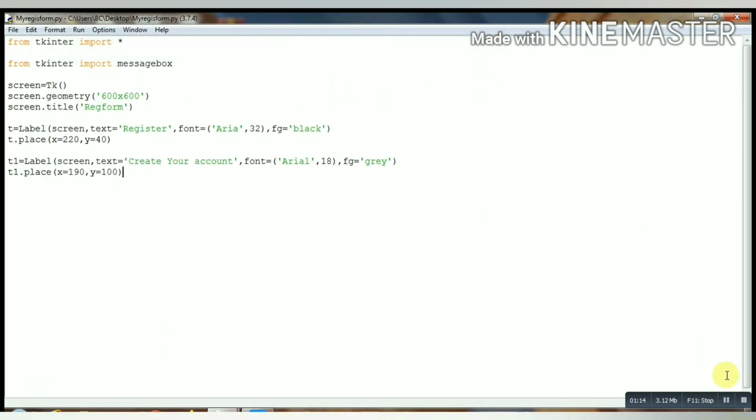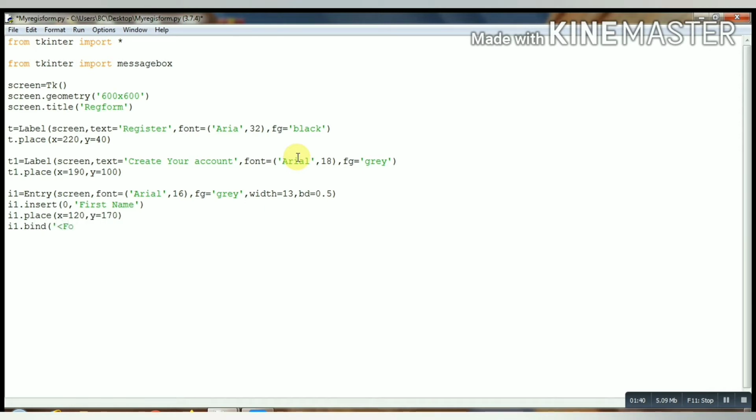Now let's move further. After that, we will define an entry widget I1 on the screen and give it a font of Arial 16 and foreground as gray, and width we will set as 13 with border 0.5. Now first we will insert the first name text as First Name and place it at x equals 120 and y equals 170.